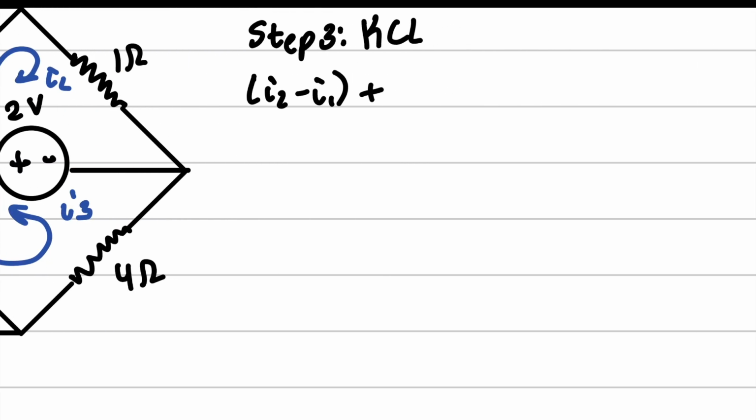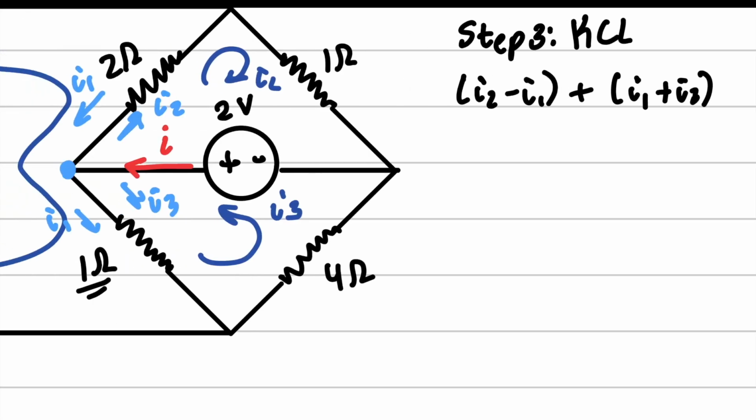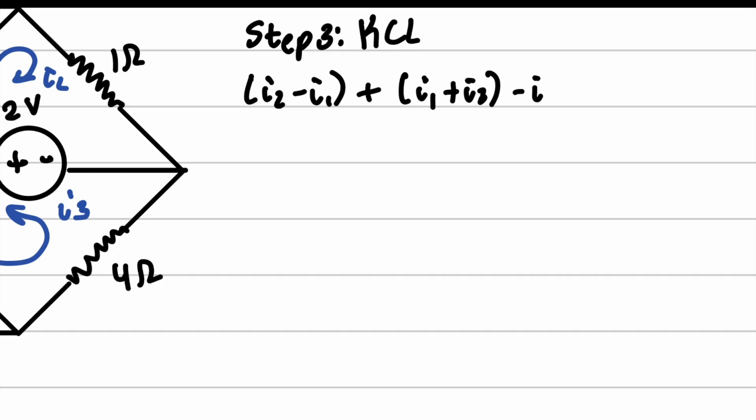So we've got I1 plus I3 going out, and we've got I going in equals 0. Notice that the I1s cancel out, and we get I equals I2 plus I3, and ultimately that simplifies down to